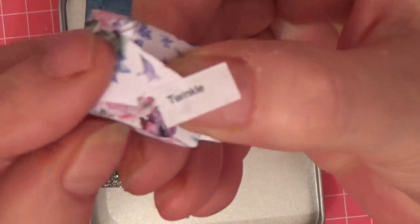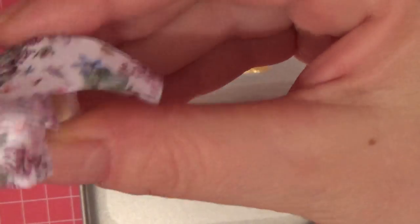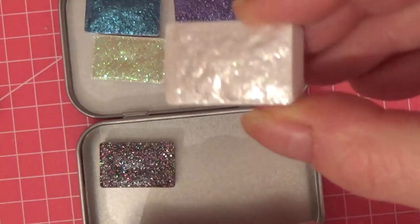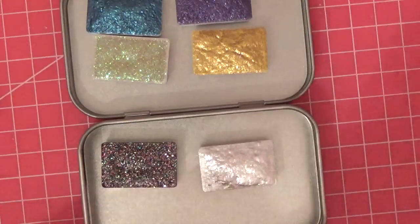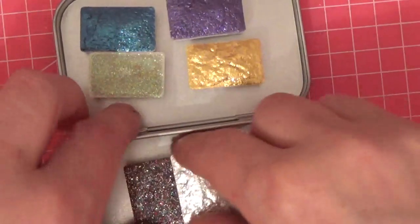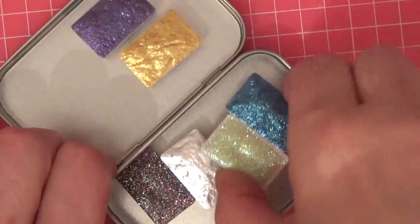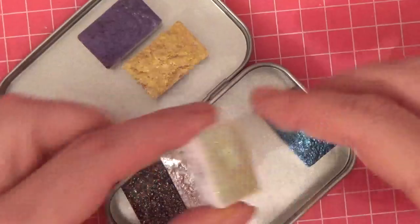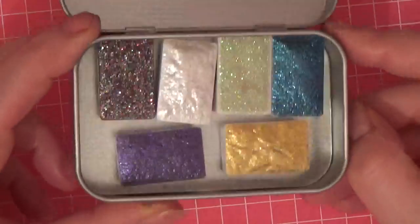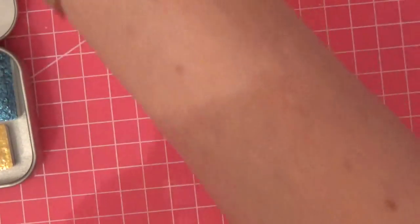So, while I'm unboxing these, this is Twinkle. I'm going to try and find a page so we can do something with them. Seems a shame. Oh look, they're so gorgeous. It seems a shame just to unwrap them and not to have a go with them. So let me put these back in my tin, and then oh, they're so beautiful. Look at that. Oh my gosh. Okay, so that's this little set,